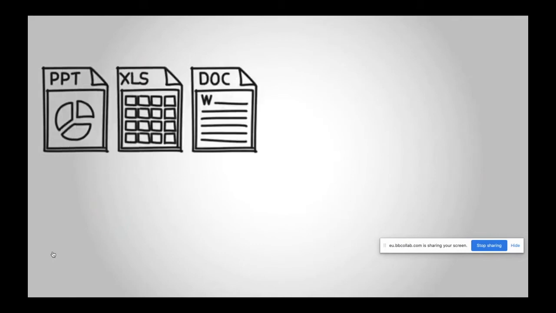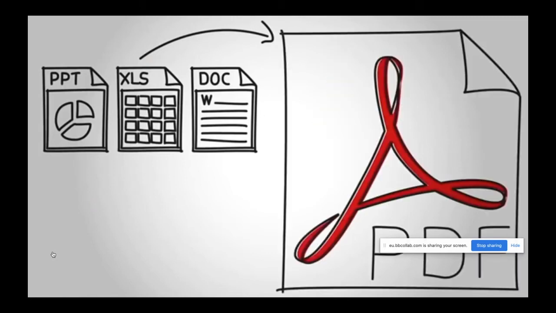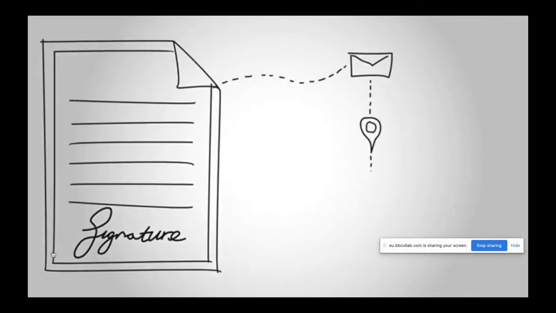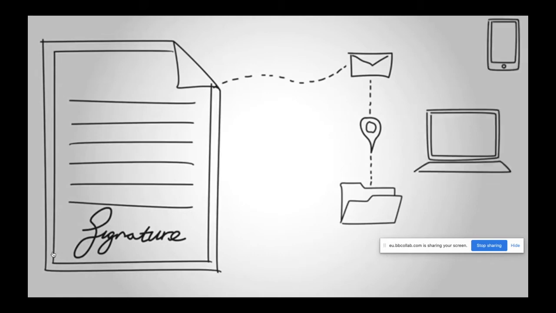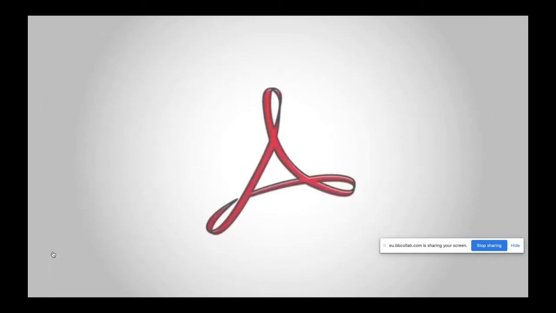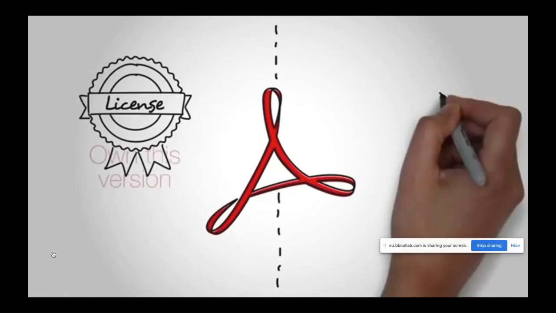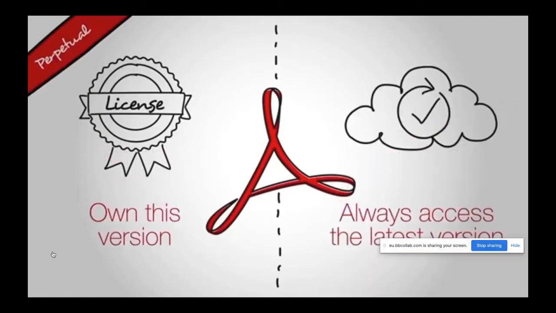So here it is: PowerPoint slides, XLS or documents. XLS is basically in PDF format, and you can convert it and convert it back to the source file. You can make signatures, you can send it by email, and you can save it in the cloud. You can bring the application back on your system, on your laptop or mobile as well. If you need more information or an in-depth version, you can go ahead with licensing. But as I told you, in the standard version, they already offer a